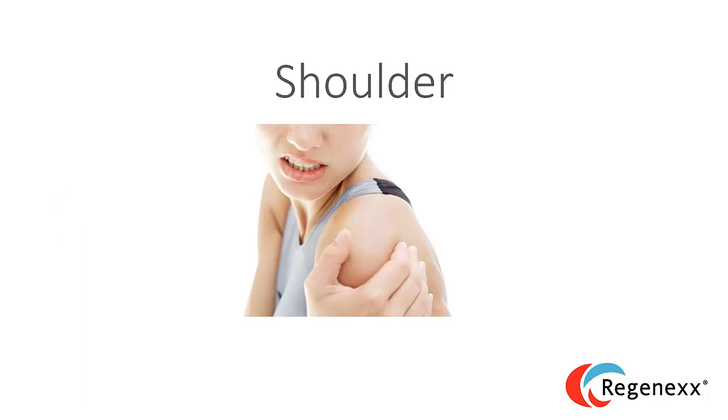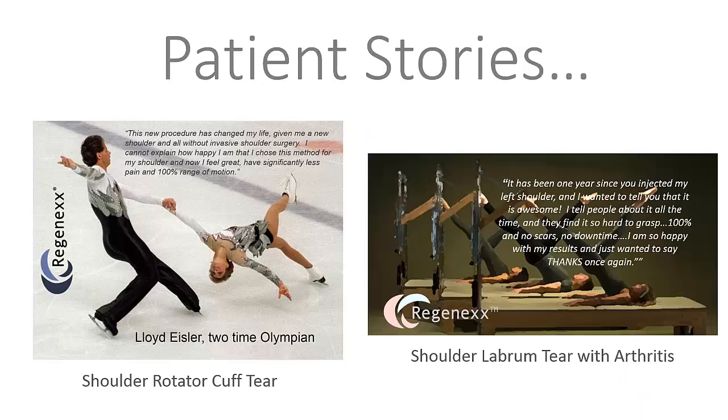So let's now talk about shoulder patients. These are some success stories. This gentleman was a two-time Olympian who had a massive rotator cuff tear. We were able to, well, he had the first rotator cuff tear before we saw him. He